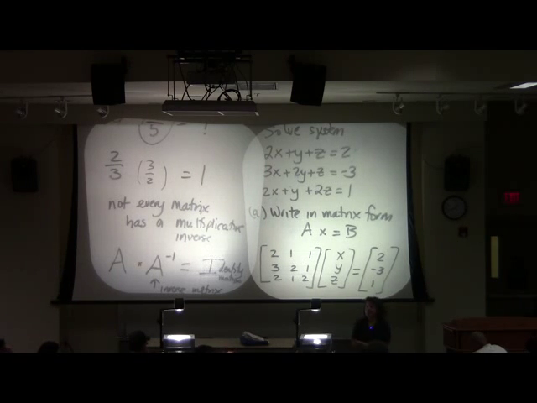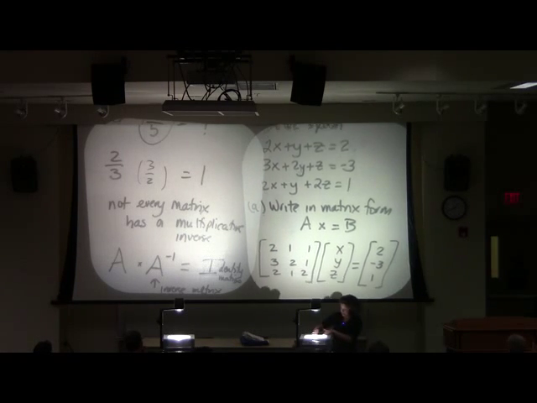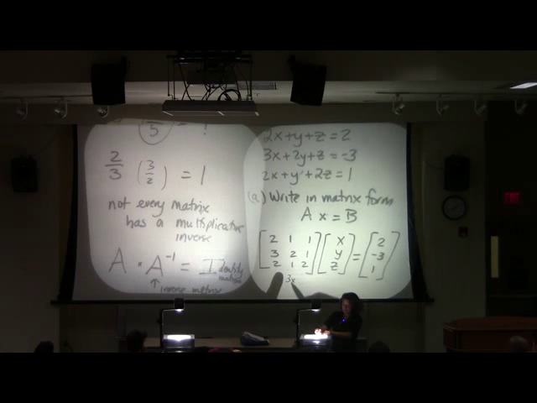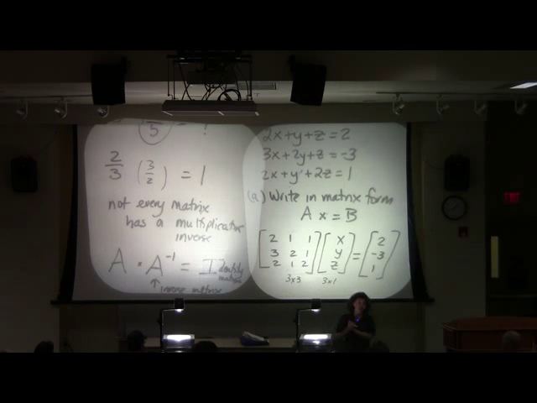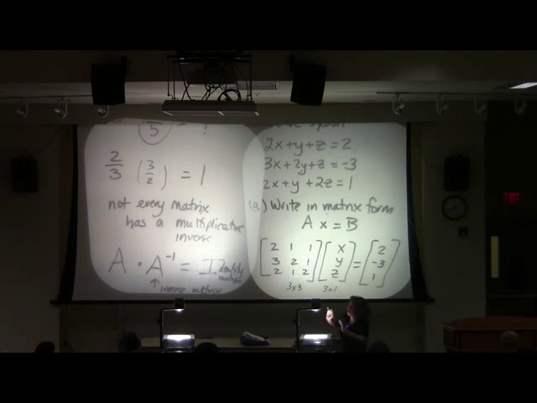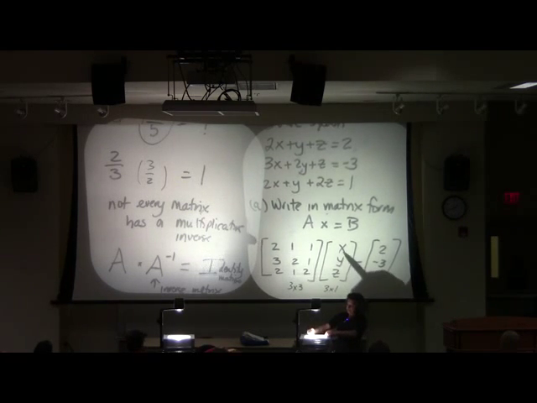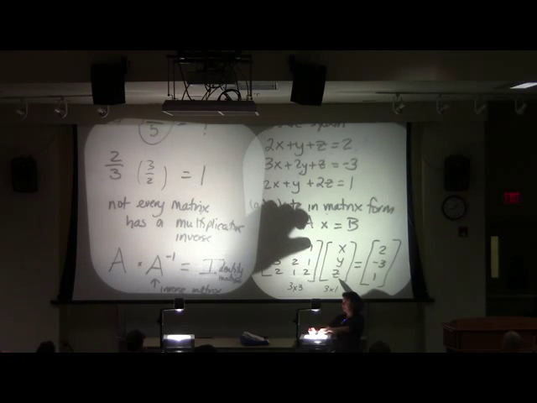All right, now what I would like to do is just have you guys watch me here, and I'm going to justify that what I have here is exactly the same as what I have here. Okay? First off, this is a 3 by 3 matrix, yes? Isn't he a 3 by 1? So I'm allowed to multiply them. Do you agree? Yeah, my inner numbers are the same. You're not going to have to do this, but I want to show you that what I'm doing is totally kosher. Okay? So, if I wanted to multiply these, wouldn't I just take this times this plus this times this plus this times this? Yeah.